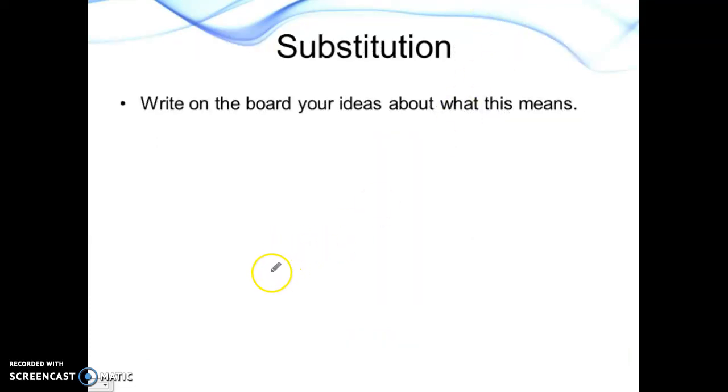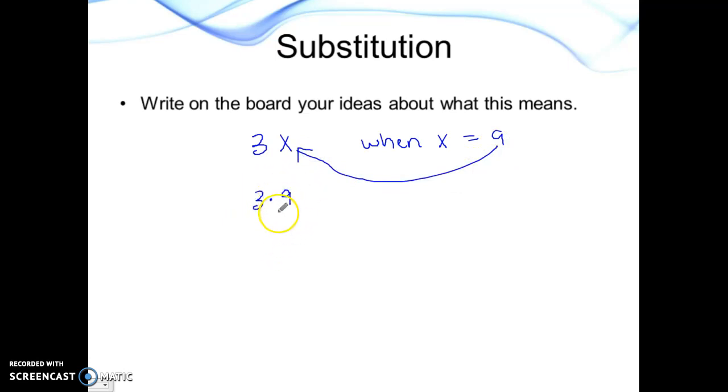So with the substitution method, what this means is that you are substituting in for a variable. So we've used this before. We've called it evaluating expressions. So for example, if I have the equation 3x and I want to know what is this expression equal to when x equals 9? Well, I would substitute in 9 in for x, so this would become 3 times 9,